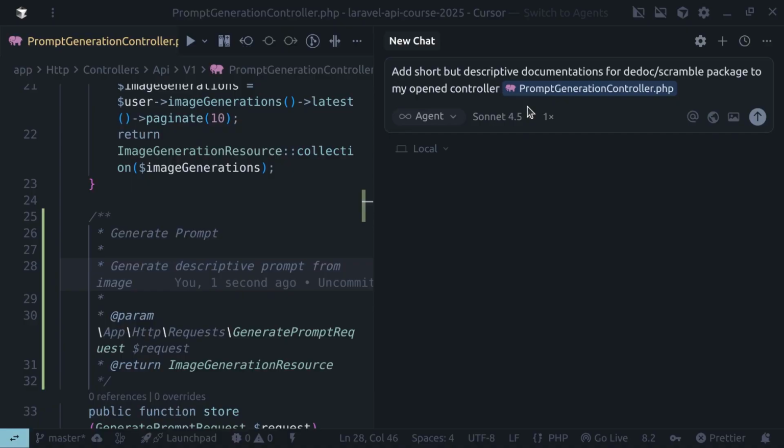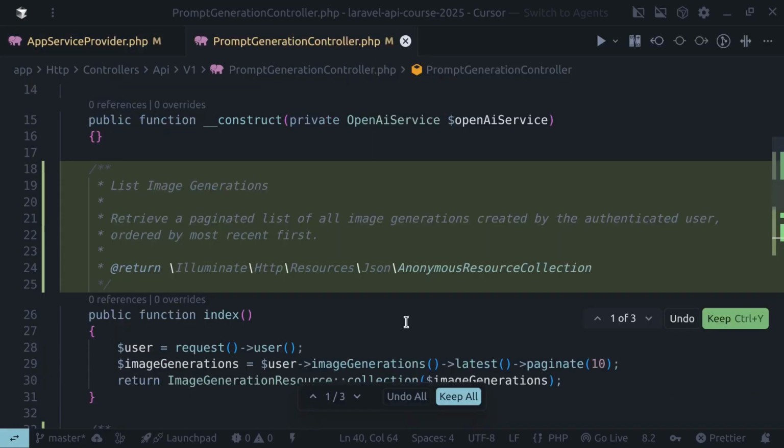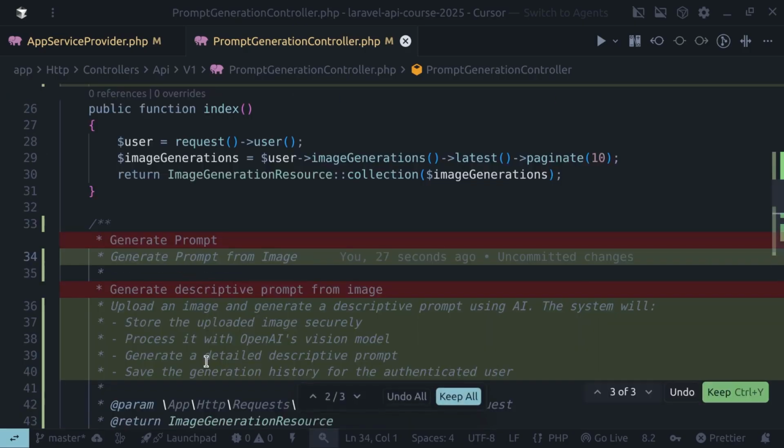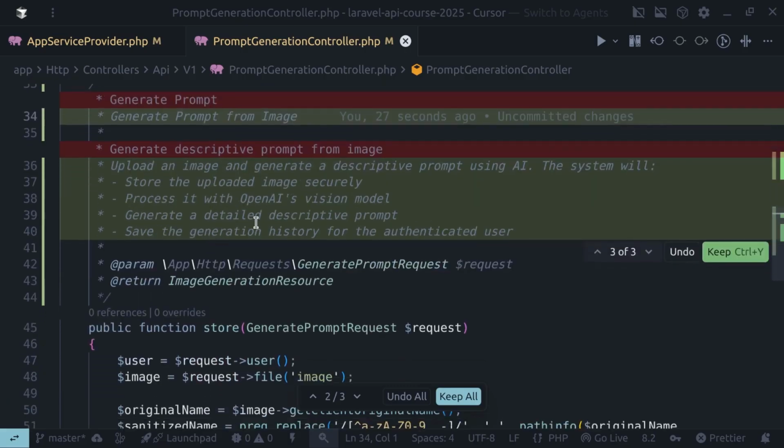Optionally, I can use AI and give the following prompt: add short but descriptive documentations for dedoc/scramble package to my open controller, and I can tag the controller. And the changes were made by the AI. So this is what was added on index method. This is kind of the title of the URL. This is the description: retrieve a paginated list of all image generations created by the authenticated user, ordered by most recent first. We can have a look this updated description for the store, for the prompt generation,